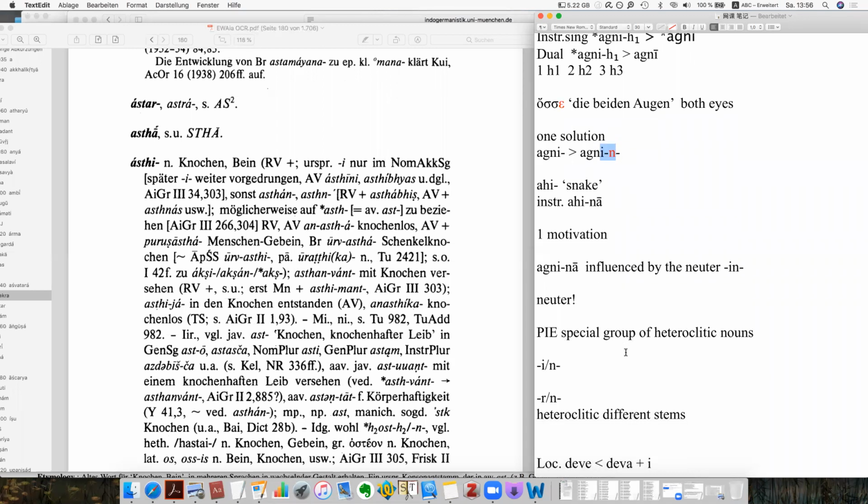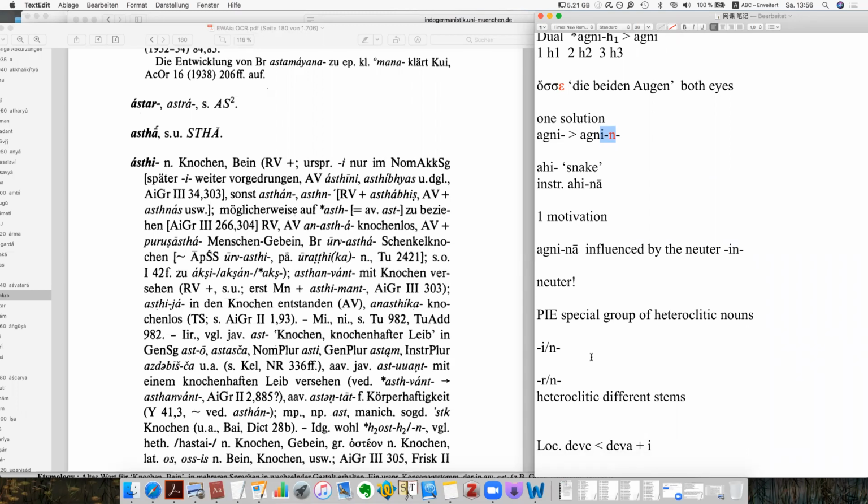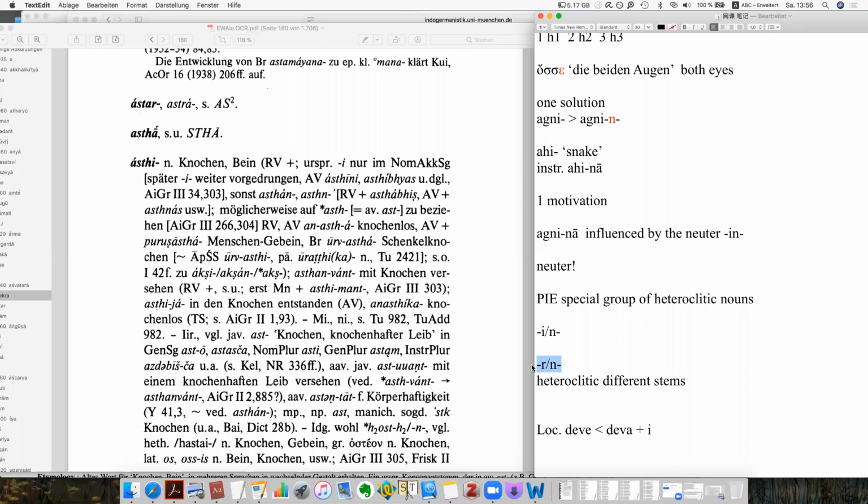Because in Proto-Indo-European, there's a very ancient class called the heteroclitic class. It means that it has different stems for nominative, accusative, and all the other forms. And this is one of the most popular classes, the R class. But there's also another important class called the EN class. This is preserved in Sanskrit. Okay, so this is the explanation. And then let's move on to a deeper thinking,